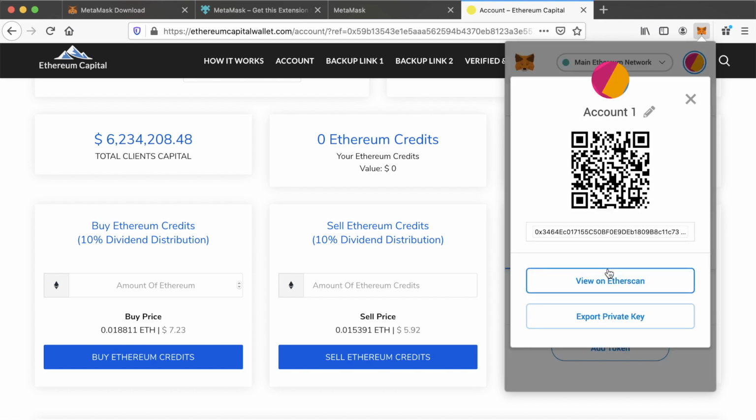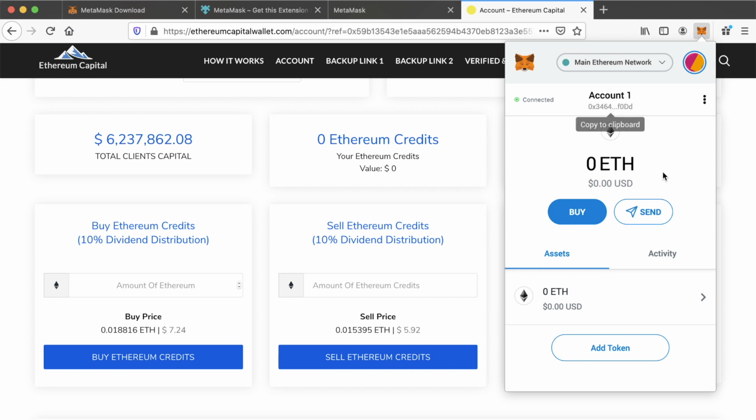So you're going to click view account, and it gives you your wallet address in full here, as well as your QR code. So all I'm going to do is I'm going to now send Ethereum to this wallet. I'm going to pause the video and be back in a second. So I've just sent $20 of Ethereum into this MetaMask wallet. Oh, there we go. Right, so I did get a confirmation transaction in the top right corner of my screen, which you can't see, but as you can see in my MetaMask wallet now, I have $20, well, $19.99.